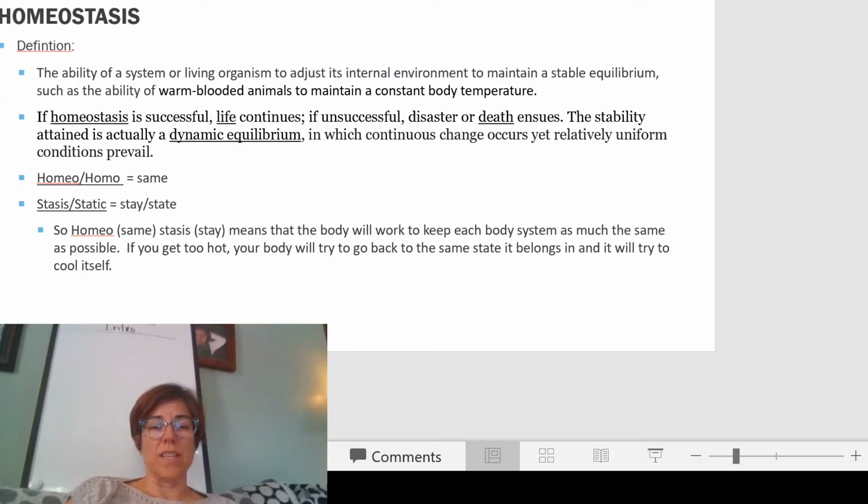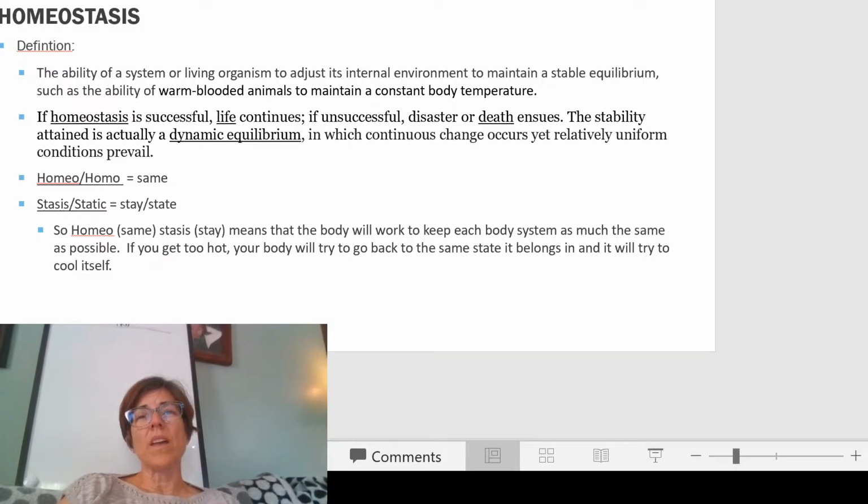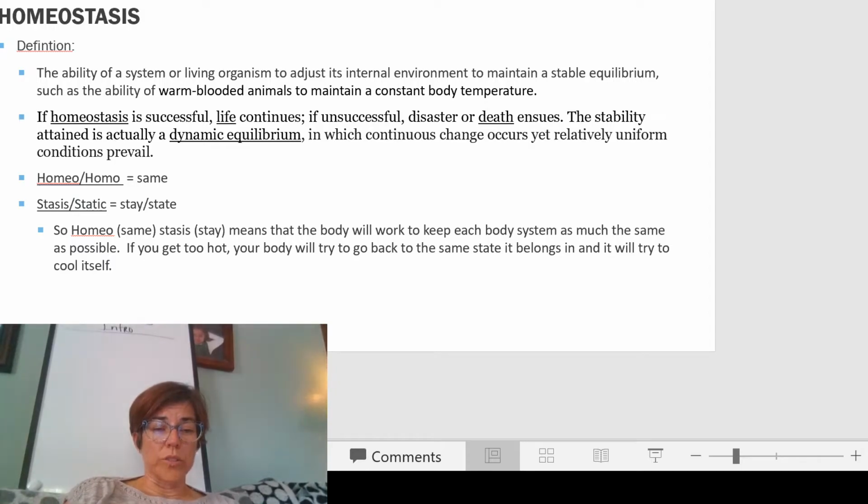Homeostasis, by definition, is the ability of a system, a body system, whether it's the cardiovascular system or the integumentary system, which is your skin, or a living organism as a whole, so the human body as a whole, to make tiny adjustments over and over again so that it can stay at its regular state. To define it, it's the ability of the system to adjust its internal environment to maintain a stable equilibrium. That's a lot of fancy words to say